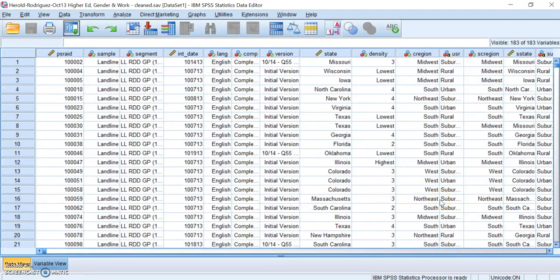Hi and welcome. This little video is just to show you that you can format for APA style in IBM's